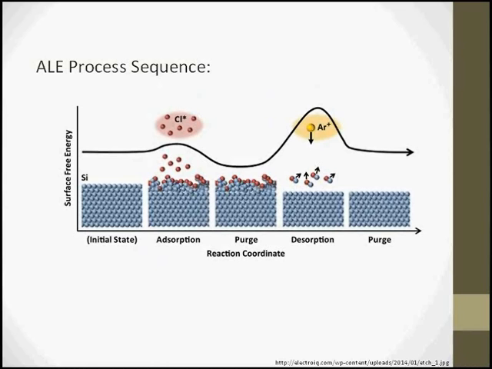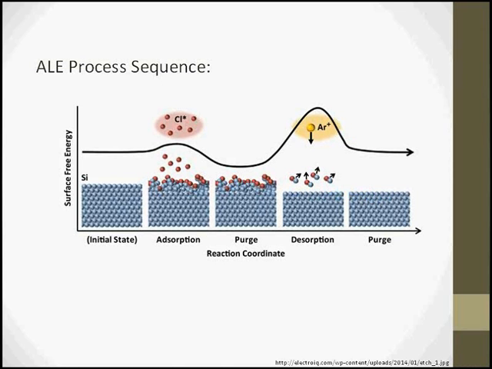Ideally, it's a reaction that forms a passivating monolayer on the surface, but that needs ion bombardment to help desorb the molecules and the volatile byproducts. And so this reaction is like that, where we then have a purge step where the chlorine is removed from the system and introduce a desorption step with argon ion bombardment, that'll desorb the silicon chloride from the surface